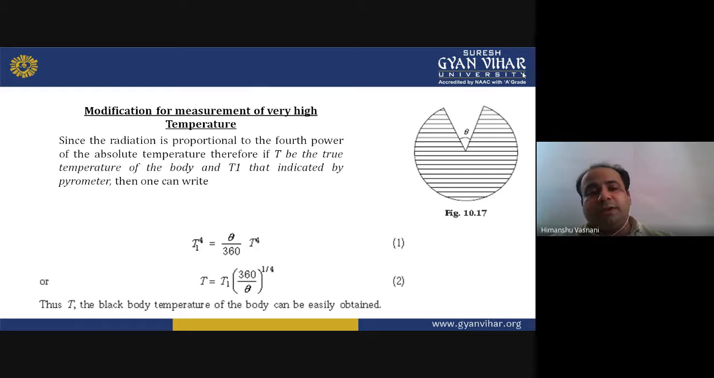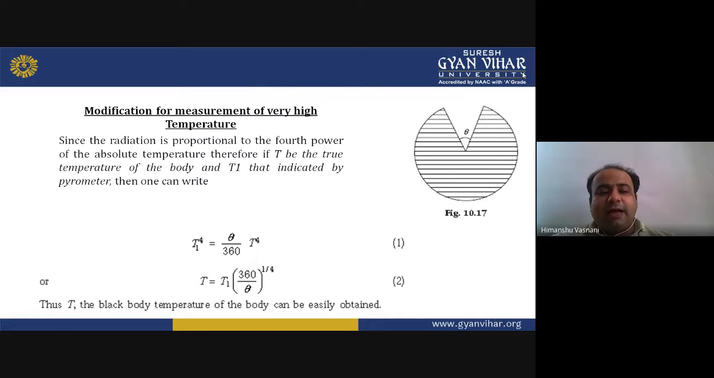The modification for measurement of very high temperature. Since the radiation is proportional to the fourth power of the absolute temperature, if capital T is the true temperature of the body and T1 is that indicated by the pyrometer,